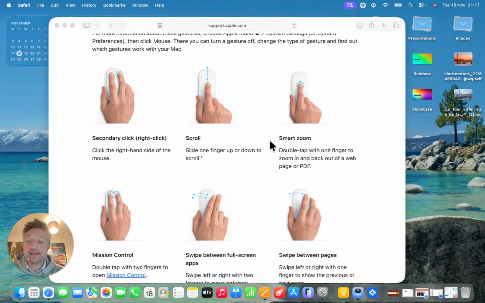Now, to get a list of all of the different multi-touch gestures you can do, you can simply Google the word Apple mouse gestures, and this is the first web page that comes up, and it will list the different actions that you can perform on the mouse. Now, before we go through all of these, you do need to turn some of these on in the settings as well. So before we get started, you might want to check on your settings app